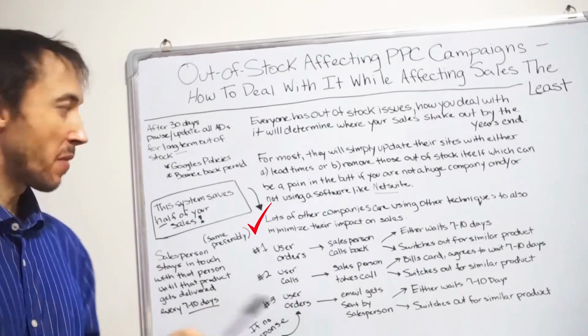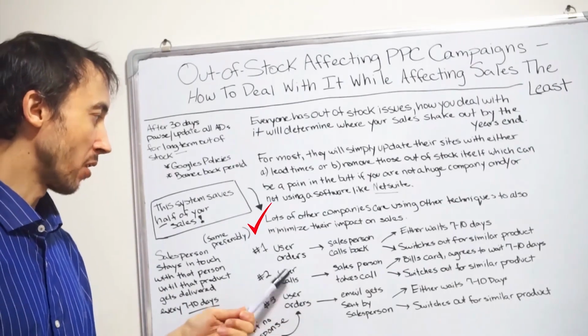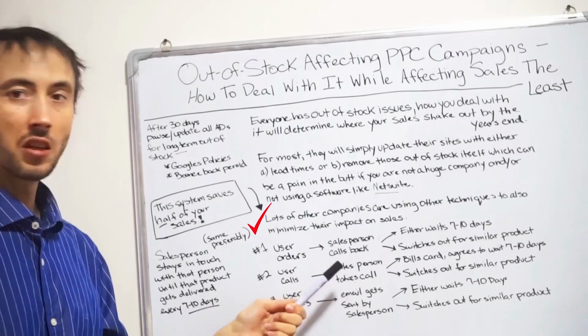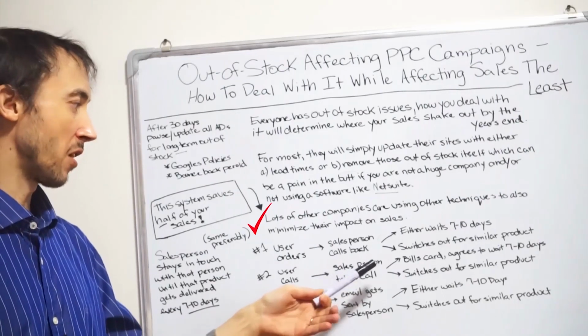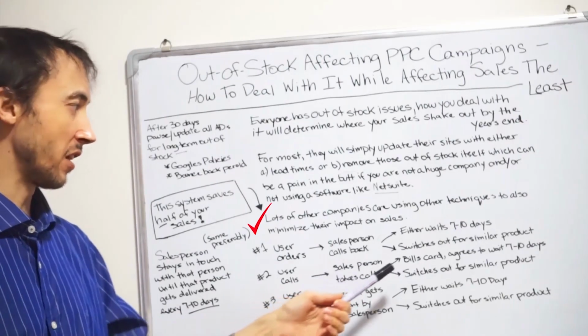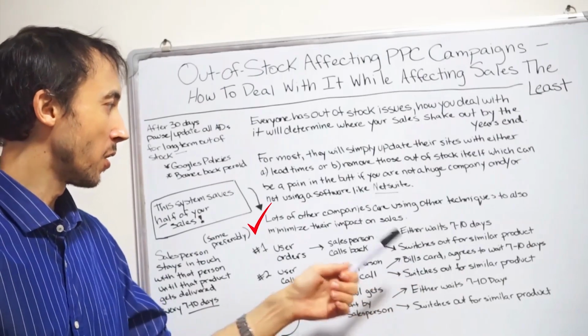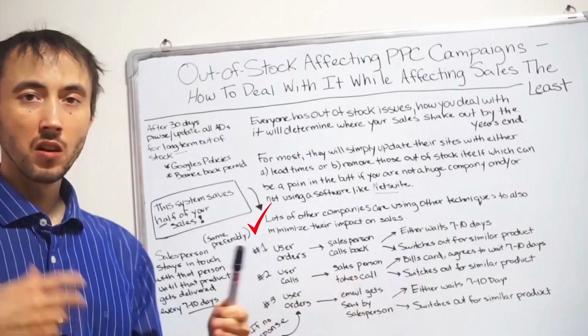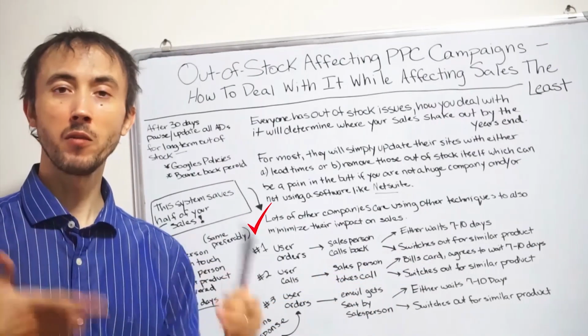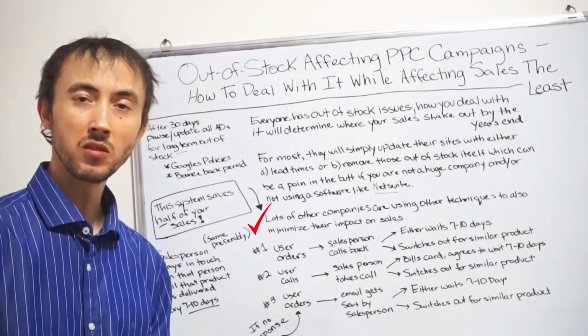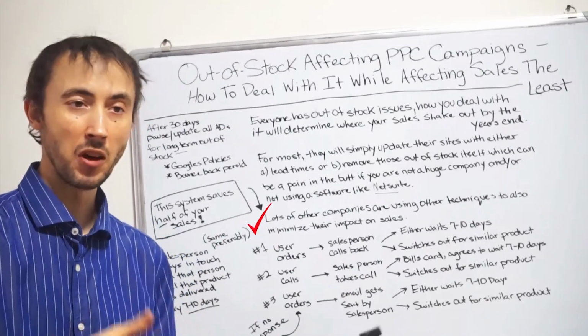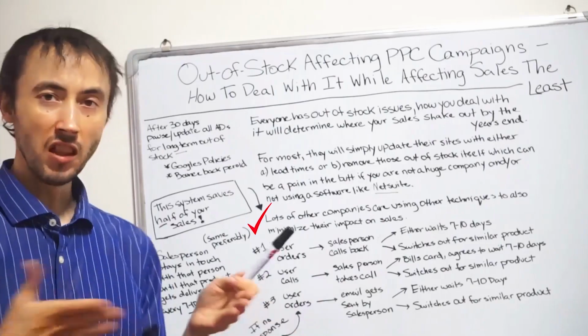So they'll call or email. I put call here, but they'll talk to the same salesperson that you have pre-designated for this. And then, if you get to the point where you first sell it, you don't tell them up front that it's out of stock. They ask the questions, you answer them. They want to order it.